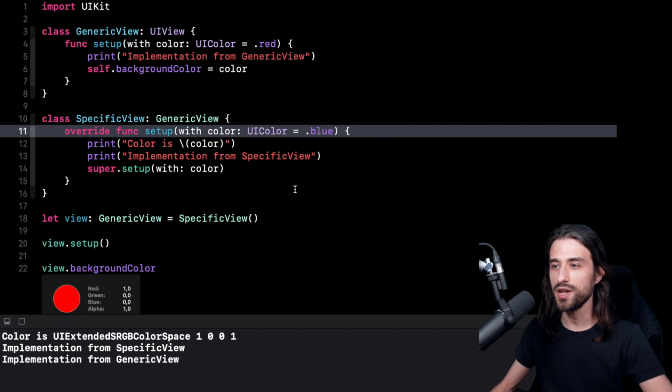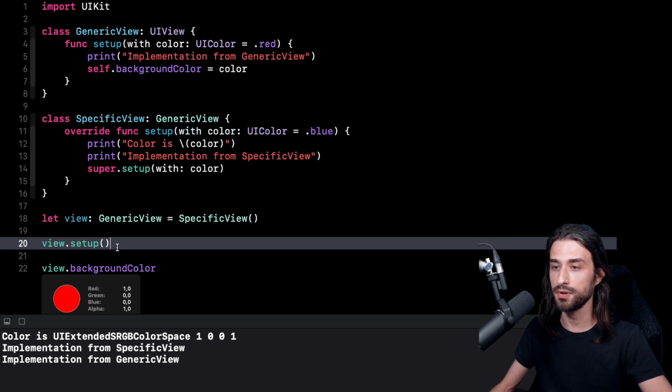And it's that when we use a default value for an argument on an overridden method, we are actually unknowingly mixing two behaviors of Swift that differ totally. Because when we have an overridden method, we have what is called a dynamic dispatch of the method call, meaning that here we are indeed calling setup, but the actual method that is called is only resolved at runtime. And it makes sense because there could be any subclass of GenericView in my variable, and the only way to know which method to call is to do it at runtime. So the method that we call is determined at runtime.